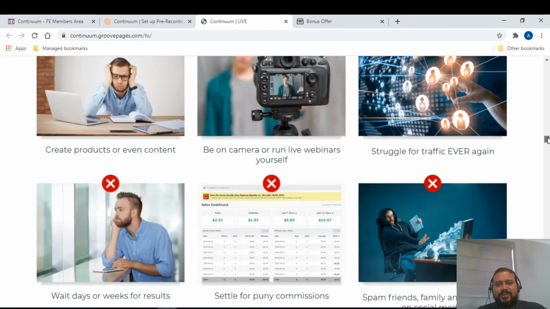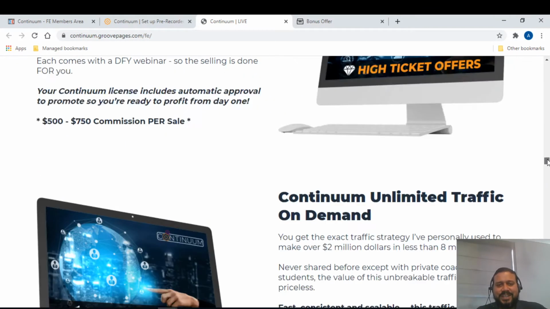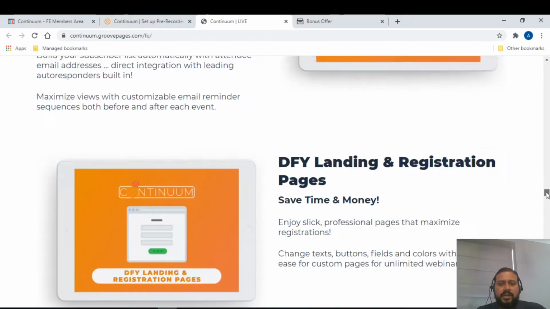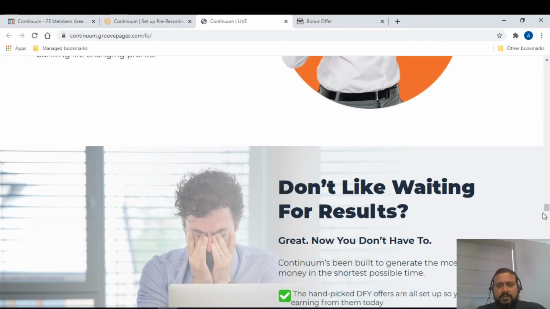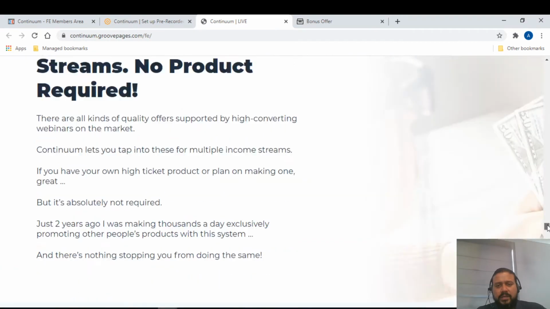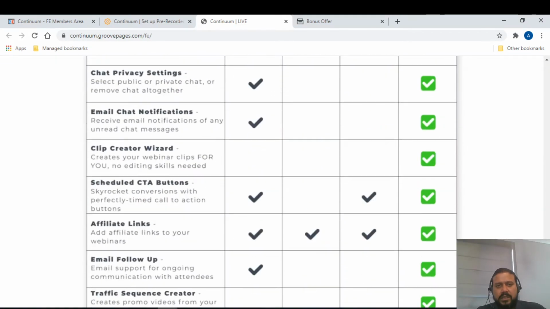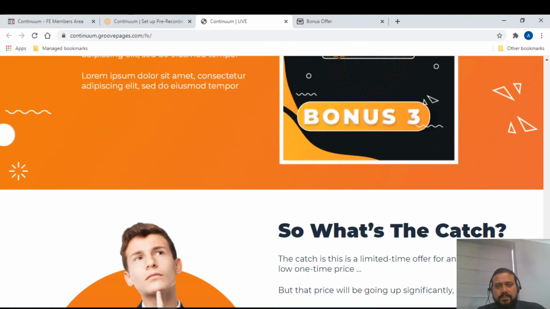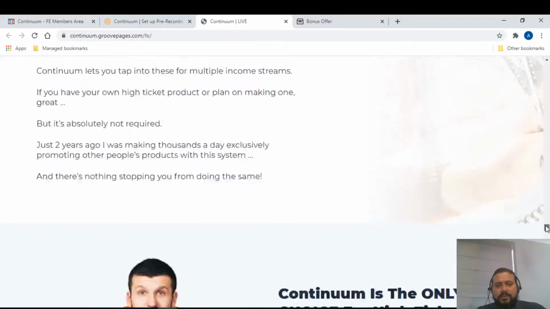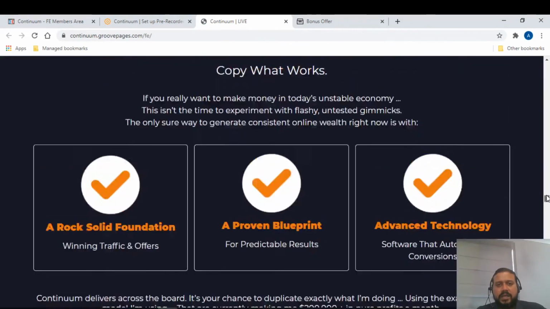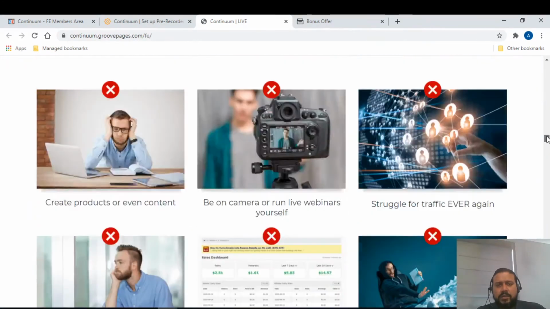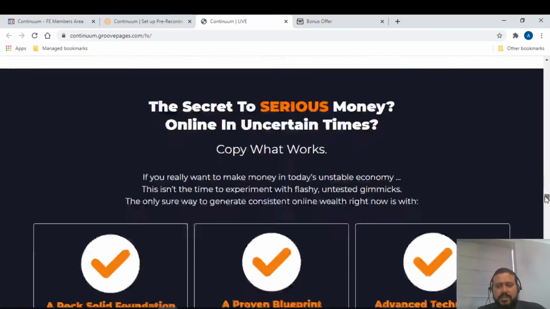This one is without camera. These are not the income proofs, right? So let me show you some of the income proofs. If I'm not wrong, it should be somewhere in the members area. Yeah, he has not provided the income proof. But at least what he has done is he has given a comparison of the webinars. Where did it go? Sorry, I'm just rushing through things.